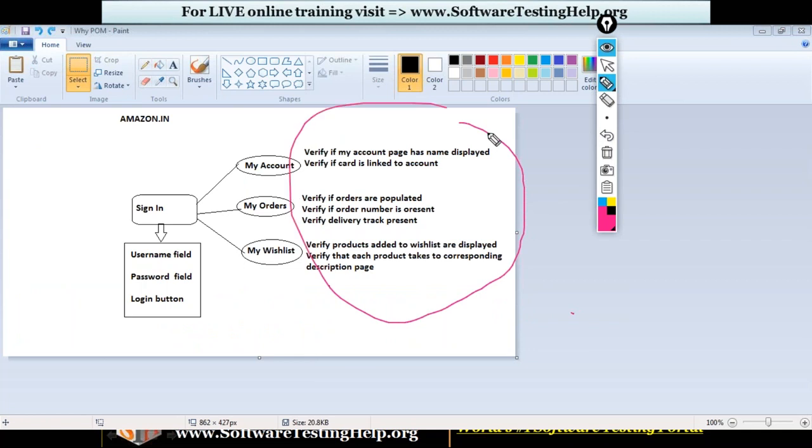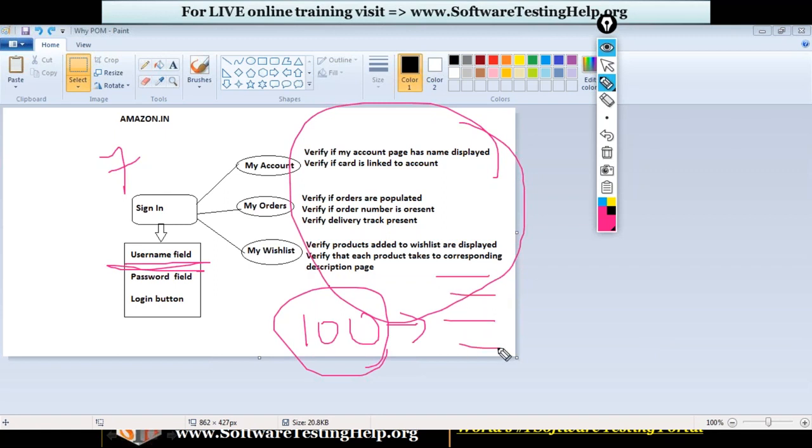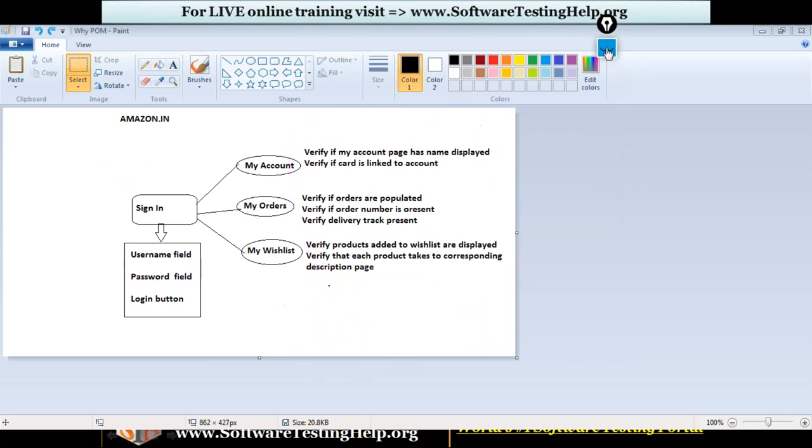Here my test case count is low, it's just 7. But what if I have 100 test cases and a small change in sign in is going to affect all my 100 test cases? Then my code rework is also huge. So in order to minimize that, I have a helping hand from the page object model,